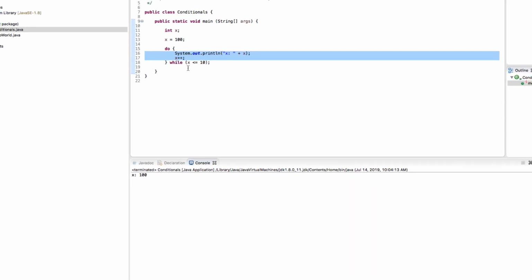Now you're saying, but how is that even useful? I mean, I didn't want it to go into the loop. There are times that you're going to want something to go into the loop at least one time. I'm going to give you a specific example of it next, but for this point, the do-while, the important